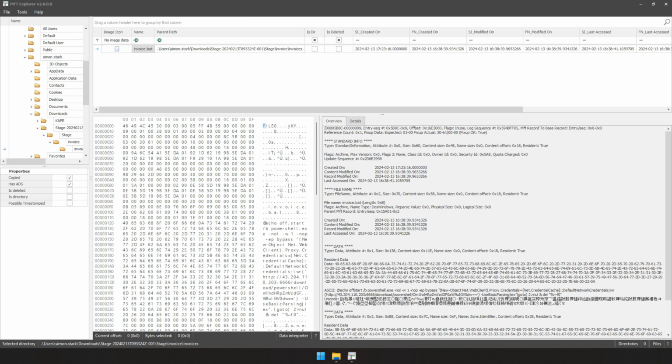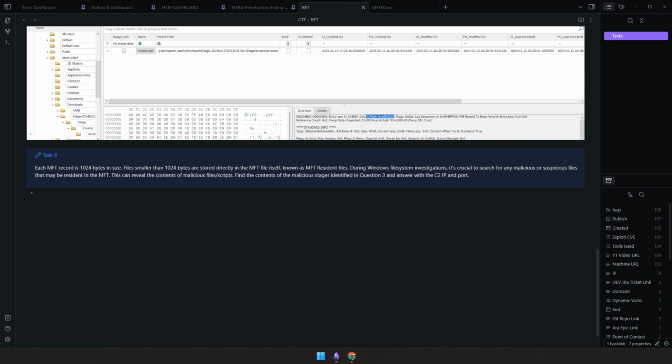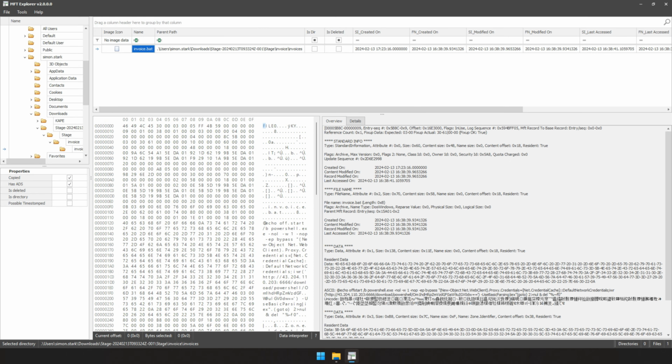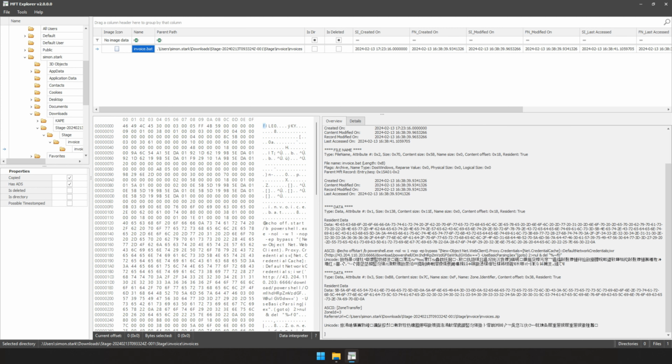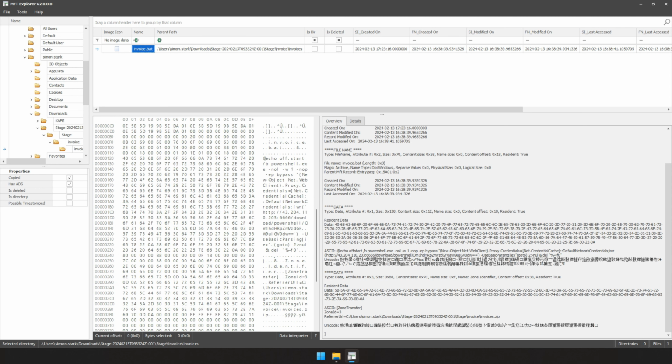I'm not sure if we can read this file, but initially that's what it's asking for. We should be able to reveal the content of the malicious file. Let's try if we can check that. Or why bother looking there? I think this should be containing that, and there we can see this is the whole content that this file